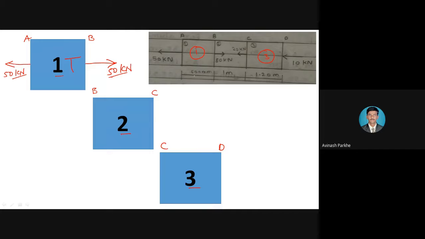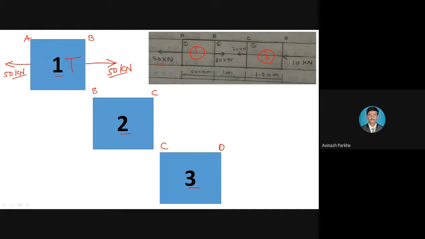Okay. In the original figure also, look at where the 50 kilonewton force is going: it is going to the left side. The 80 kilonewton force inside is going to the right side. Means your section 1 is under tension. So like that we have to follow the same for section number 1. I have taken this 50 kilonewton force as it is on the left side of the section, and on its opposite side I have added the same magnitude but opposite in nature. Means your section number 1 is subjected to the 50 kilonewton external force which is under tension.